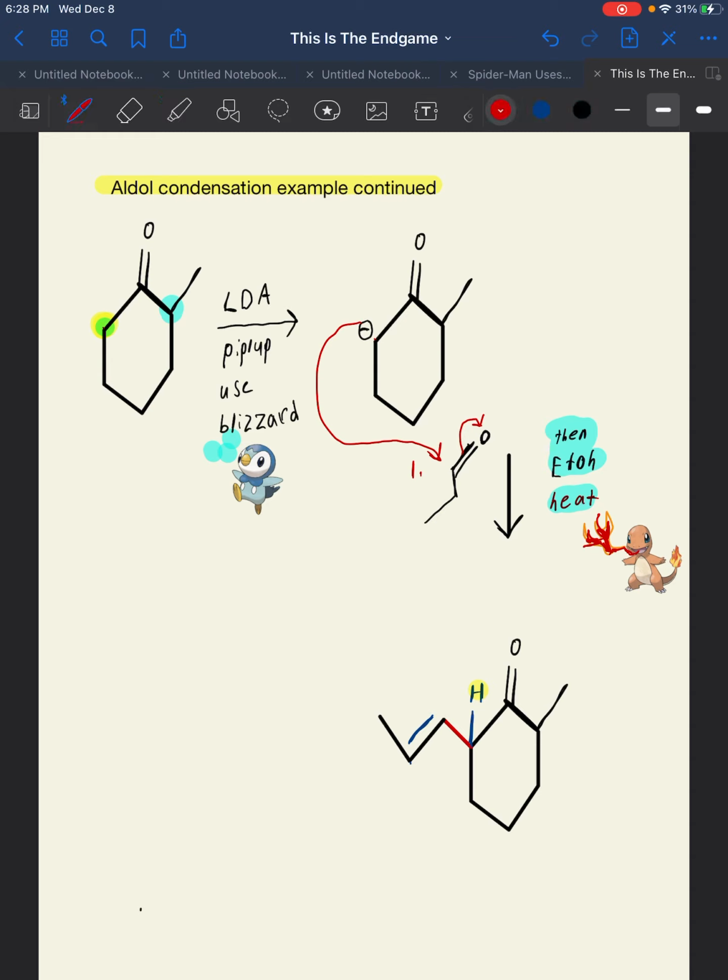We now don't have a conjugated system with the oxygen, meaning if we try to resonate this bond over, we can't resonate it onto that oxygen. So it's not in a conjugated system with the oxygen up here. However, if we utilized the other hydrogen, which is this hydrogen right here, and we have the OH group leave, and we have the hydrogen come down and then get grabbed by the base, which I guess I'll draw in real quick, we would then get